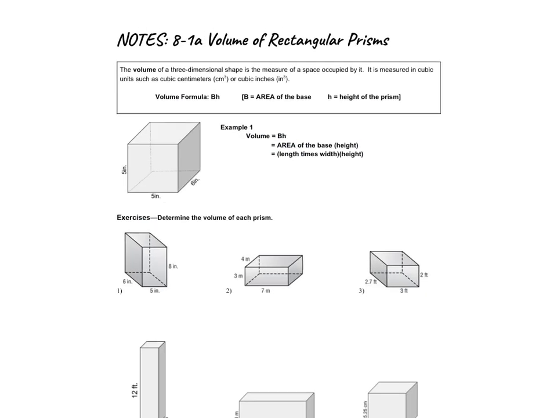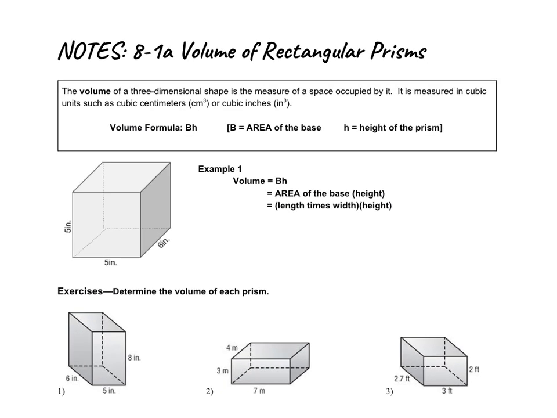Okay, so looking at this first section, it says the volume of a three-dimensional shape is a measure of space occupied by it. It is measured in cubic units, such as cubic centimeters. So when we do this, perimeter and circumference is in just regular form, area is units squared, and then volume is going to be units cubed. So for example, we sub in this one, and y'all know this formula as length times width times height,